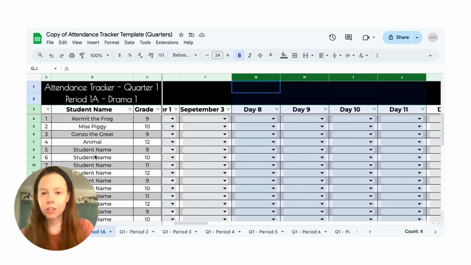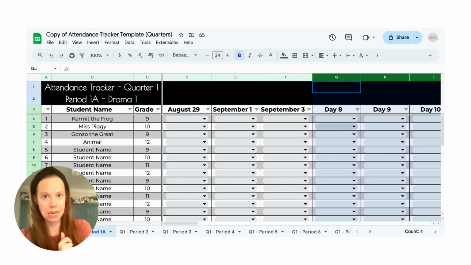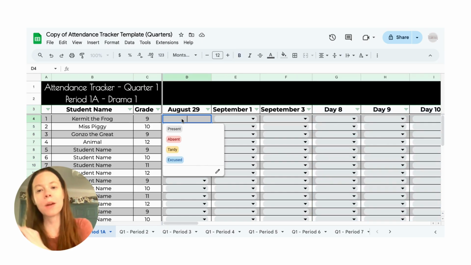So we've got our students in, we've got our dates set up. Let's start tracking some attendance. Nice and easy way to do it. We have the drop down menu. For me at my high school and secondary level, all I really need to keep track of is present, absent,